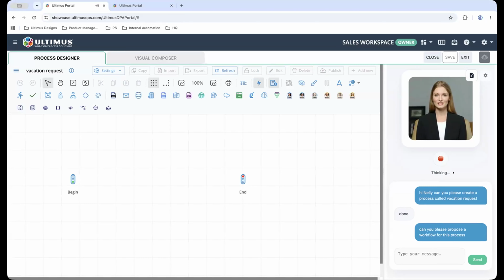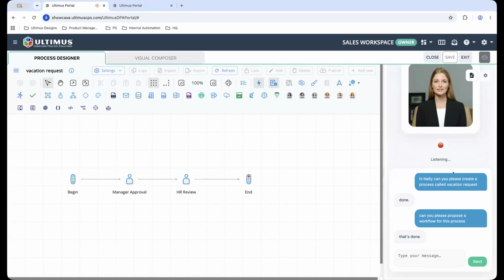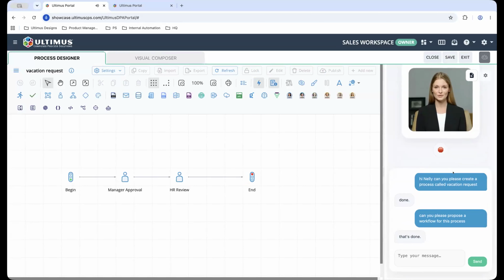Let me take a moment to think of a good suggestion for you. I'll review the available options and propose an approach that best fits your request. Please bear with me. While we're waiting, here are a few things I can help you with. Adding, linking, renaming, or removing steps, suggesting process forms, and defining organization charts or recipient groups for each step, and